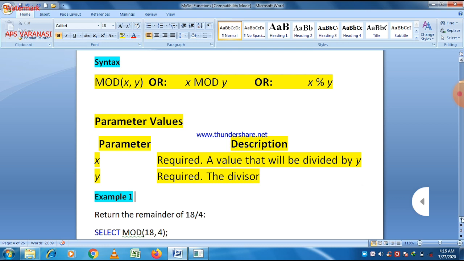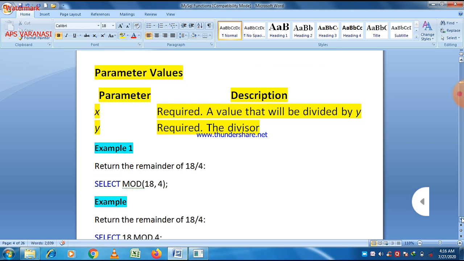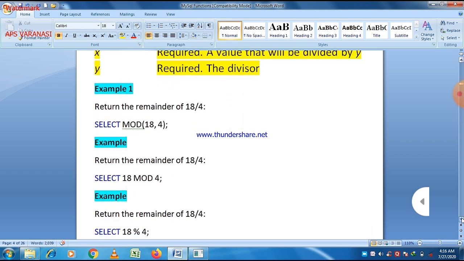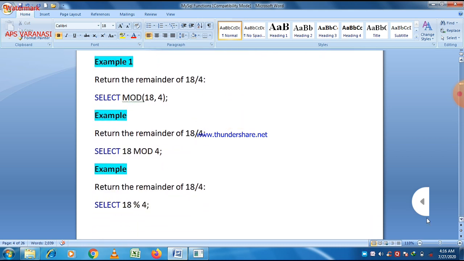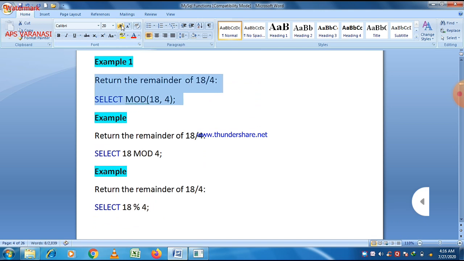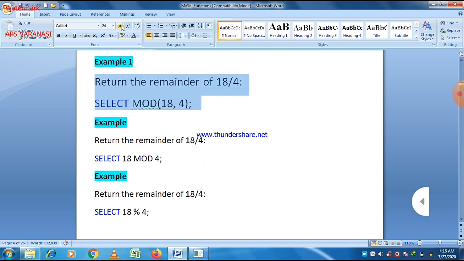Let us take an example. This is example number 1. It returns the remainder of 18 divided by 4, and for this purpose we write the statement select mod, and within the parentheses 18 comma 4, and after that put a semicolon.